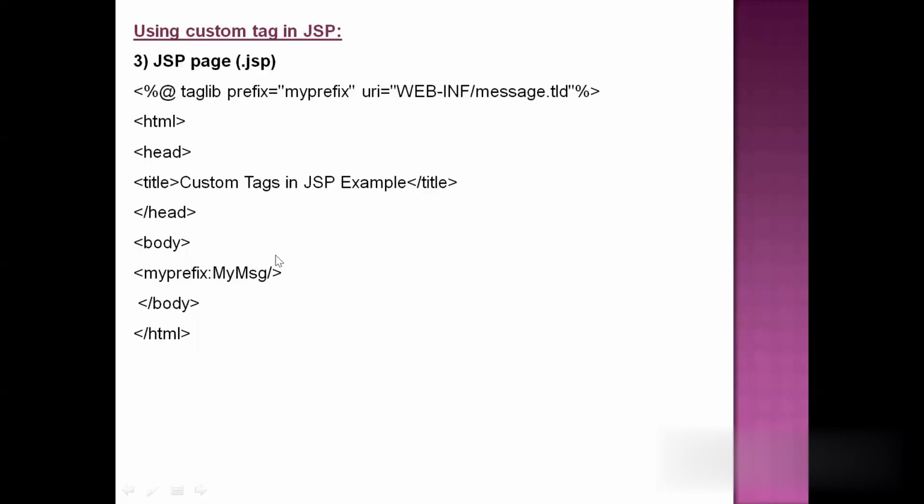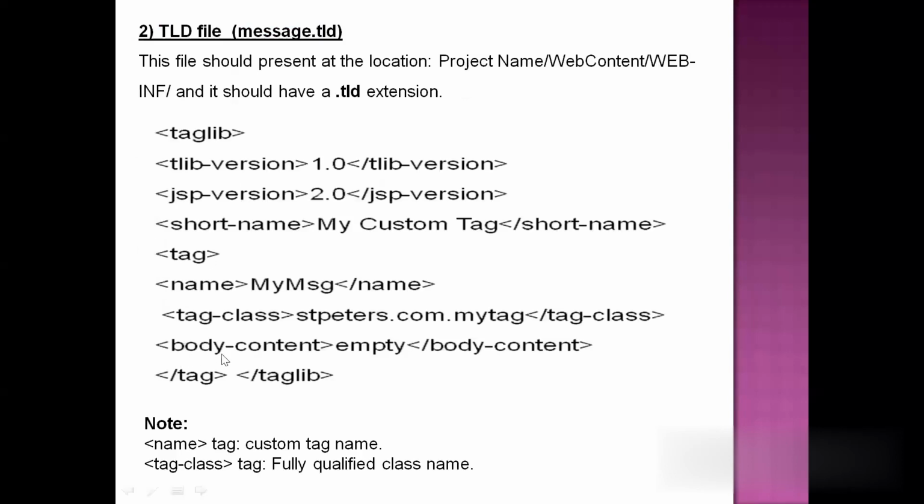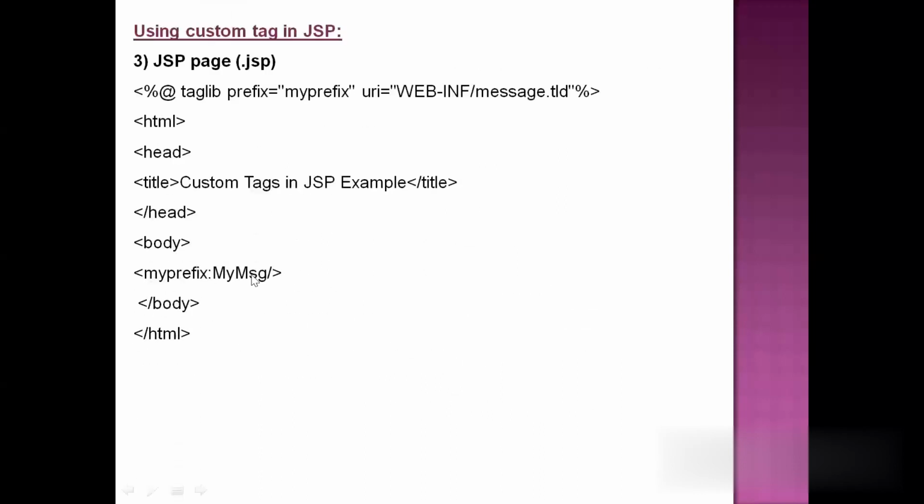Here, immediately in this custom tag itself, I have specified a slash. The meaning of this is that for my custom tag, I am not including any body. That is the reason why I am closing this tag here itself. If you see the previous code, I have specified body content equal to empty. That indicates that for the tag I am creating, I am not including any body. If your tag does not have any body, you just close it here itself by using the end tag. This is the way to use a custom tag in your JSP file.